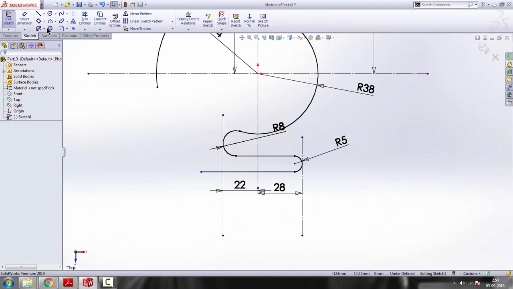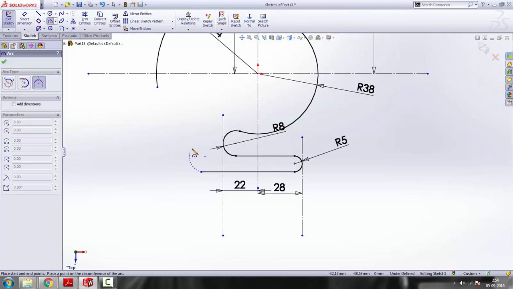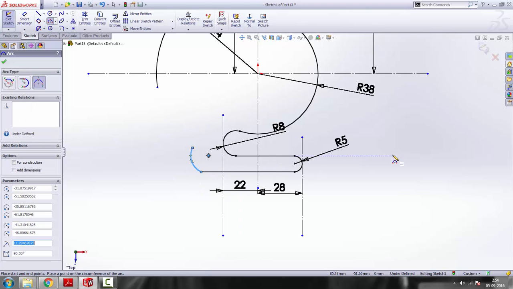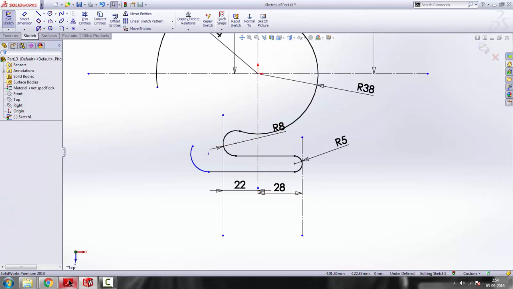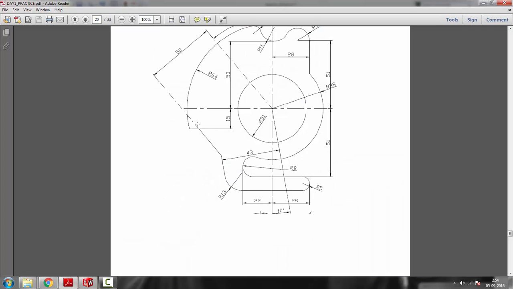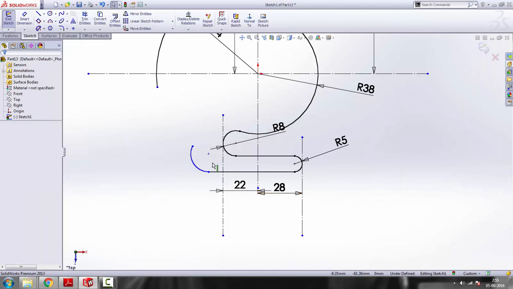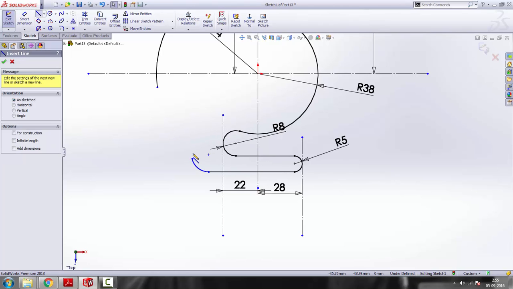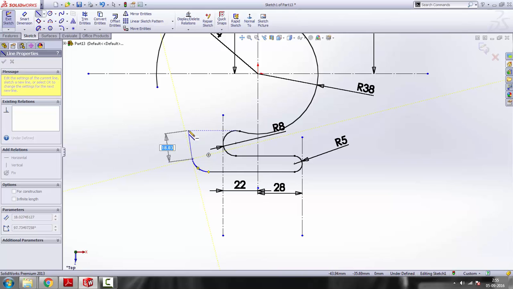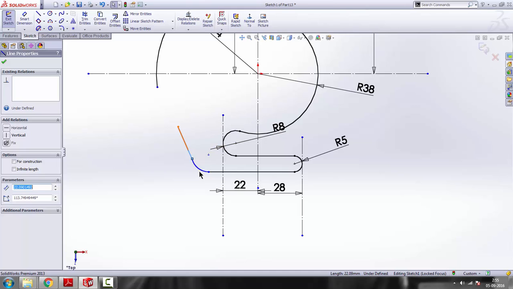So we'll draw the arc. We'll provide a tangent relation, and then we'll draw a line here. But before that, we have to make this line fully defined. First, we have to draw a line first. So draw a line. So make it a tangent relation,